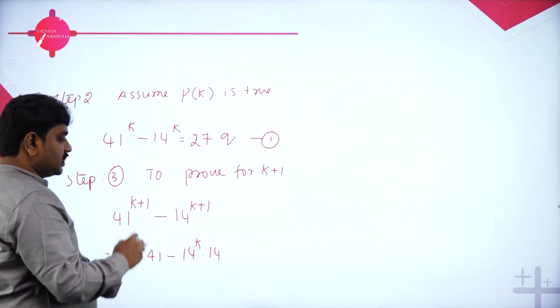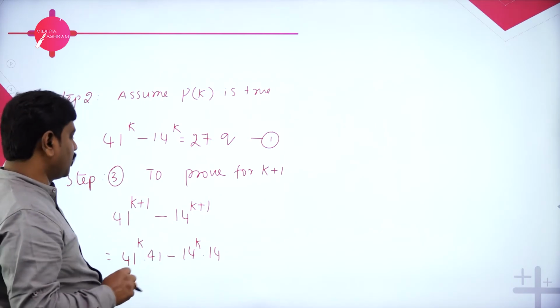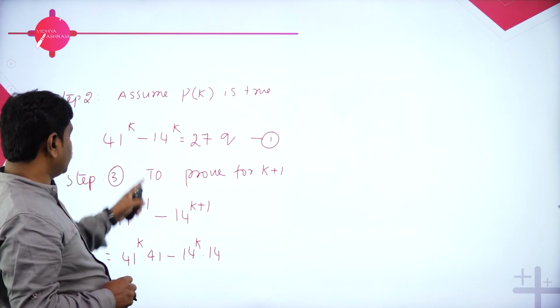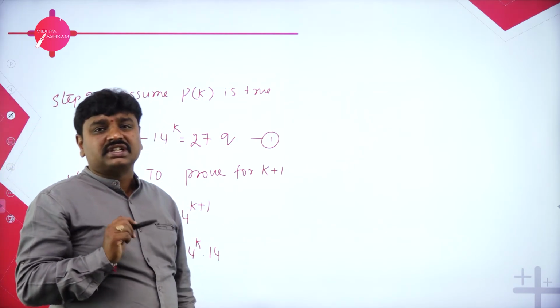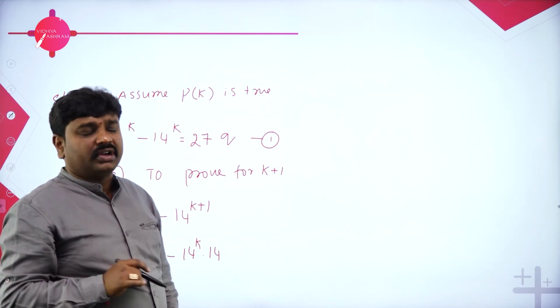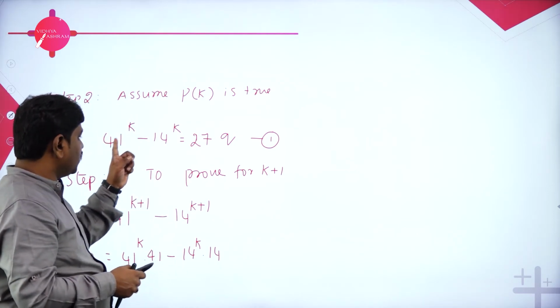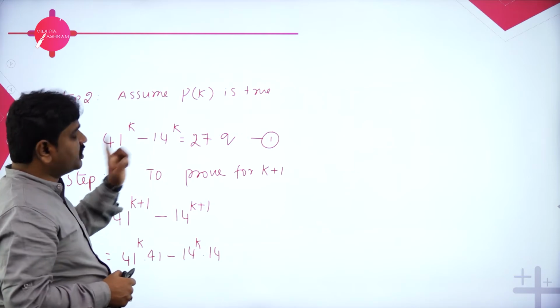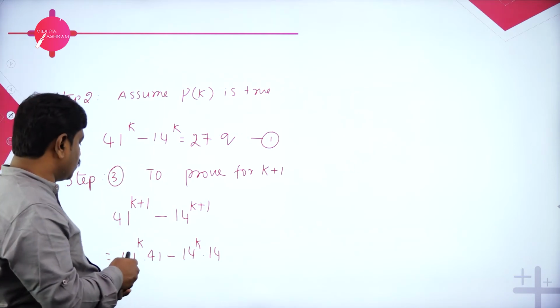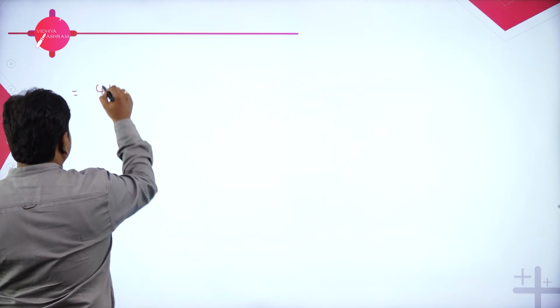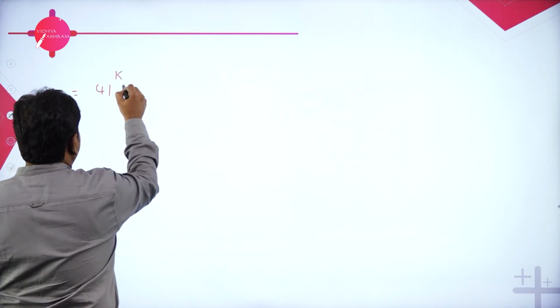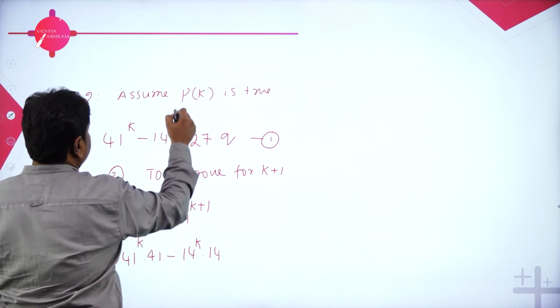So dear students, the next step is a crucial step in all the problems, because I want to take out common. Here, power k you take for the least number and plain number you take. There are two numbers, 41 and 14. The least number is 14, the highest number is 41. So after reaching this step, here the problem starts. Till here the problem is smooth and simple and direct, but here the game starts.